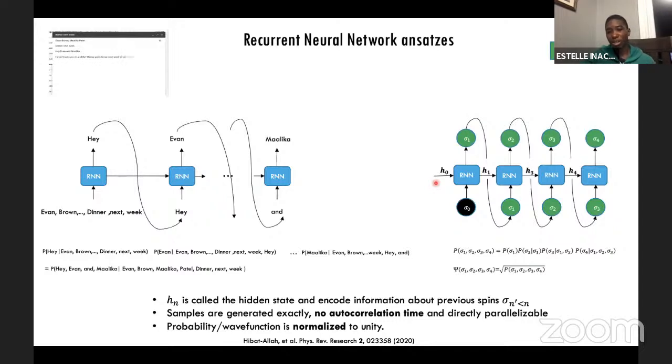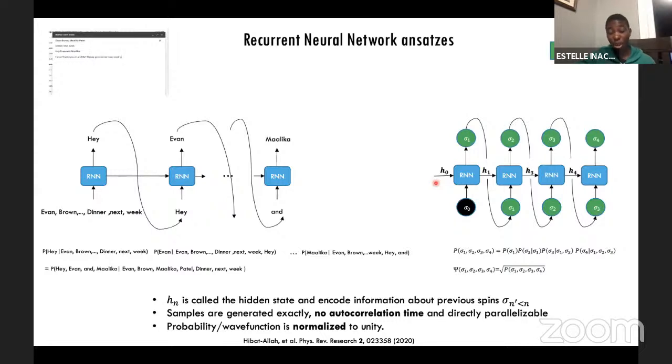And the way in which this autoregressive sampling works... is there a question? Okay, that's probably not a question. So the way in which these samples are generated, they are generated exactly. There's no autocorrelation time, compared to if you had to build a Markov chain, for example, where you always have a correlation time. And since we're interested in solving large systems, you can imagine that the autocorrelation time of the Markov chain becomes very, very long, especially as we increase the system size. So we avoid this problem by using this kind of ancestral sampling here.